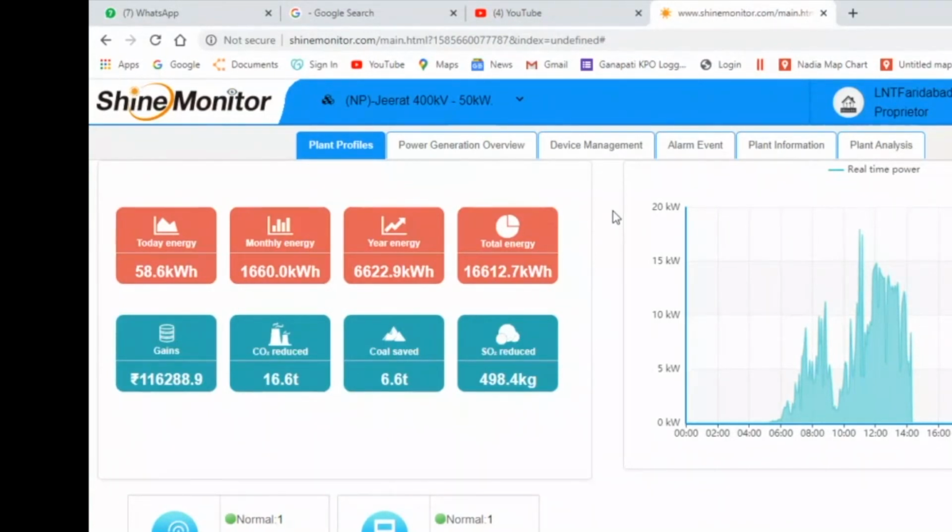With time, it is increasing. It has reached its peak near about 11:30 and 12. As we know, today is a cloudy day in West Bengal, and it's a plant in West Bengal. That's why generation is not above 20 kilowatt. But if we see the timing, you can understand from 6 a.m. the generation will start, and it has reached its peak to 12, which is what I am trying to explain.